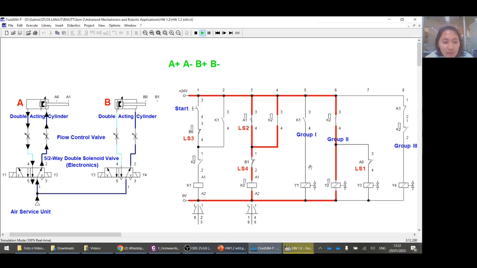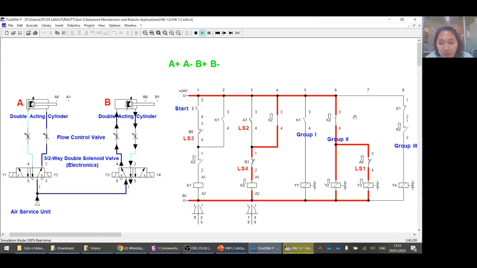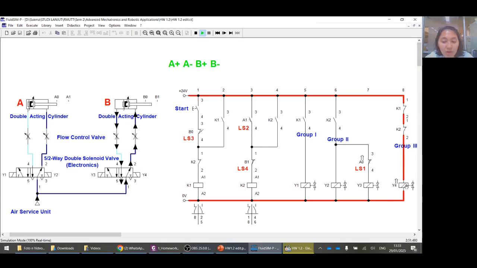And after that, relay 2 is active because limit switch A1 is closed, then it locks in here. Relay 2 is active, solenoid Y2 is active, and after that A0 is active, solenoid Y3 is active in group 2, and after that relay 1 and relay 2 are released to normally closed, then solenoid Y4 is activated.